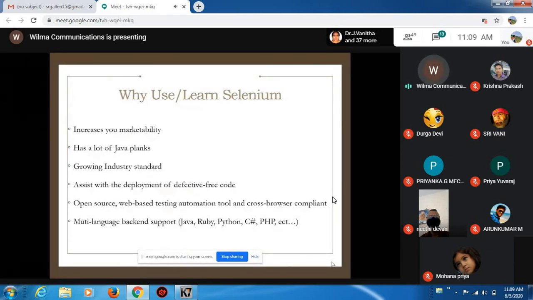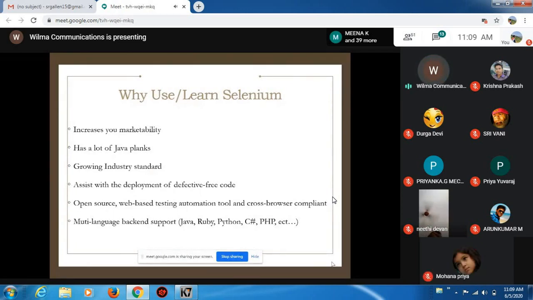Like you can use Selenium with Java, Selenium with Ruby, Selenium with Python, Selenium with C#, Selenium with PHP. So if you are comfortable with Java, I can use the Selenium Java WebDriver. If I am comfortable with C#, I will use Selenium with the C# WebDriver.